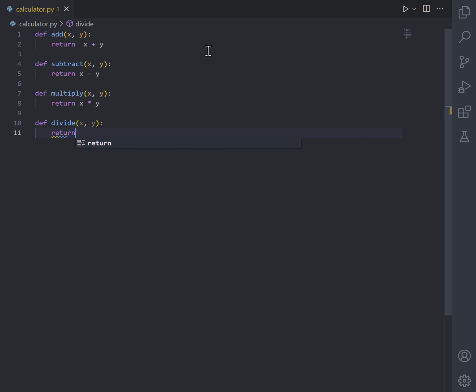So we go here and return. For the divide, it's an if y. So this will check, and we go in the return, send an error,